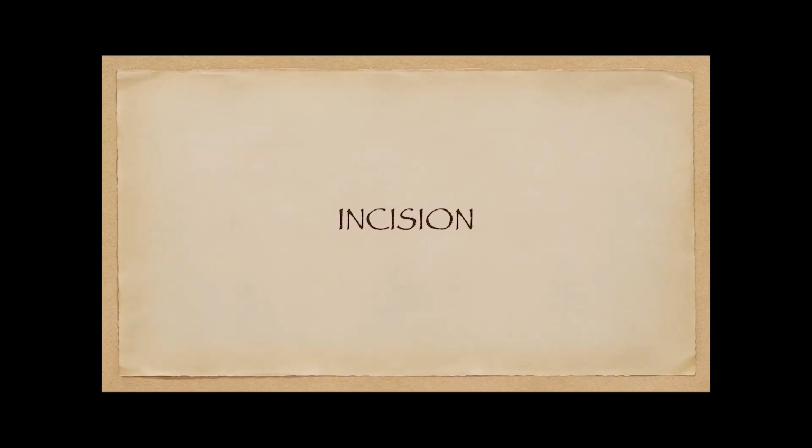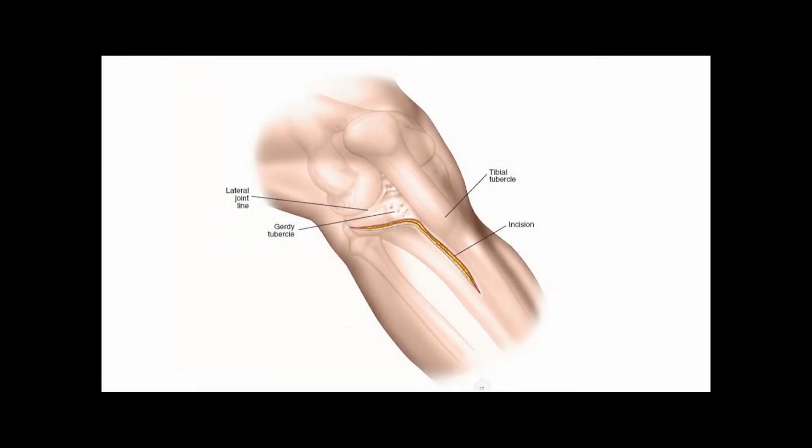So incision starts. We will first look at our landmarks. This is the lateral meniscus. This is the lateral aspect of the patellar tendon. This is the tibial shin and this is the Gerdy's tubercle. So we start the incision 1 to 3 centimeter below the joint line, go over the anterior aspect of the Gerdy's tubercle, then stay lateral to the patellar tendon and stay 1 centimeter lateral to the tibial shin. This is our incision.